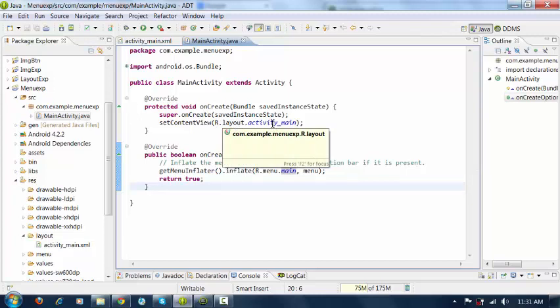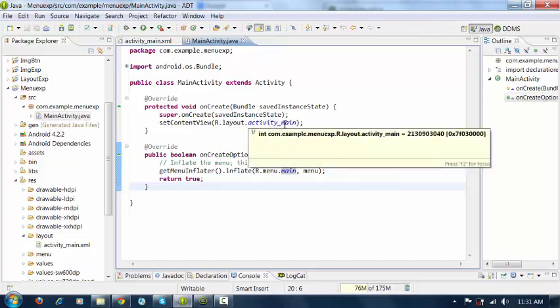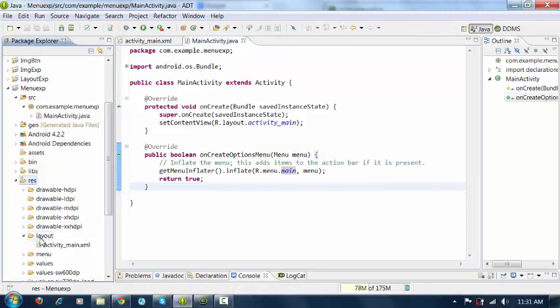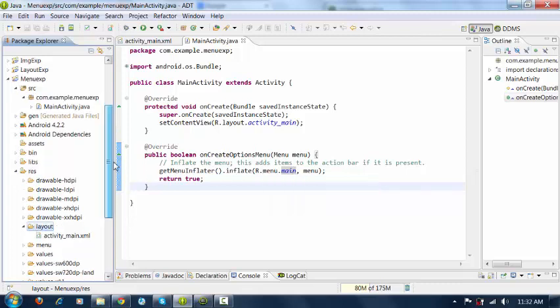Inside that you can find the XML file called activity_main. You can check it out here. This is the resource folder, layout, and inside that you have activity_main. In the same way, R.menu.main means inside the resource, inside the menu, you have the main XML file. Let us check it out.